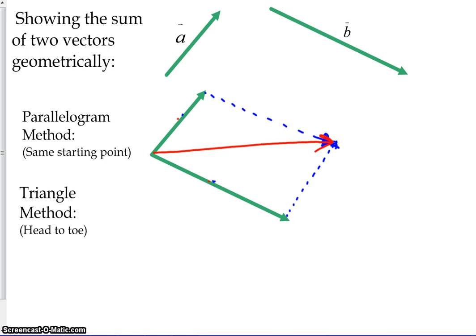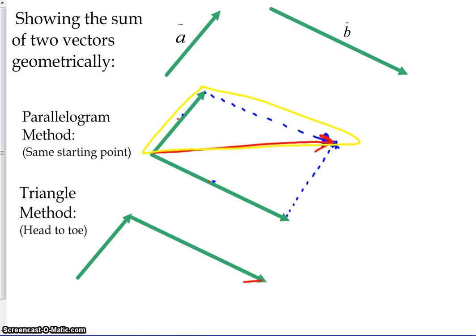But then we did this a whole bunch of times over and over again, and I really came to realize that when I have this, I only really need to be concerned with the top half of this, or even the bottom half. We're really talking about a triangle. And over and over again, what we're dealing with a lot of times is right triangles. This isn't necessarily a right triangle, but that's usually what it is. So we came up with this method called head to toe. In other words, the end or the head of something to the bottom of something else,